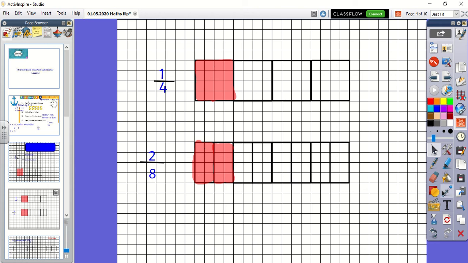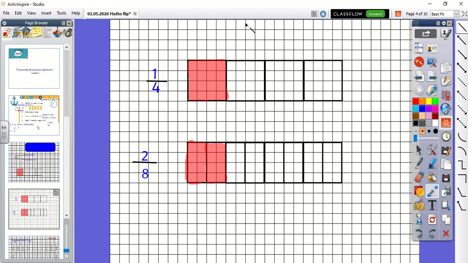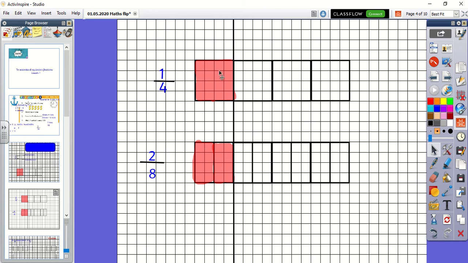Because what you should see, and I'll get a big line to go all the way down, is that 1/4 and 2/8 are in fact equivalent. They are the same, okay? Because we have shaded in the same on this bar model and exactly the same on this bar model. They are equal,